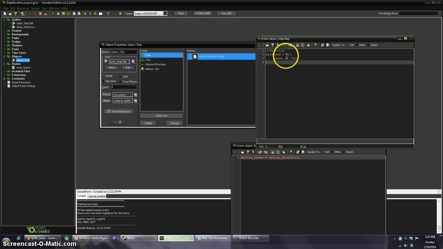So if my speed is 0, 0 is not greater than 0, and it will not decrement the speed. So do you see what happens here? The ship should slow down, and then when it hits 0, it'll just stop. It won't go backwards. This minus equals,